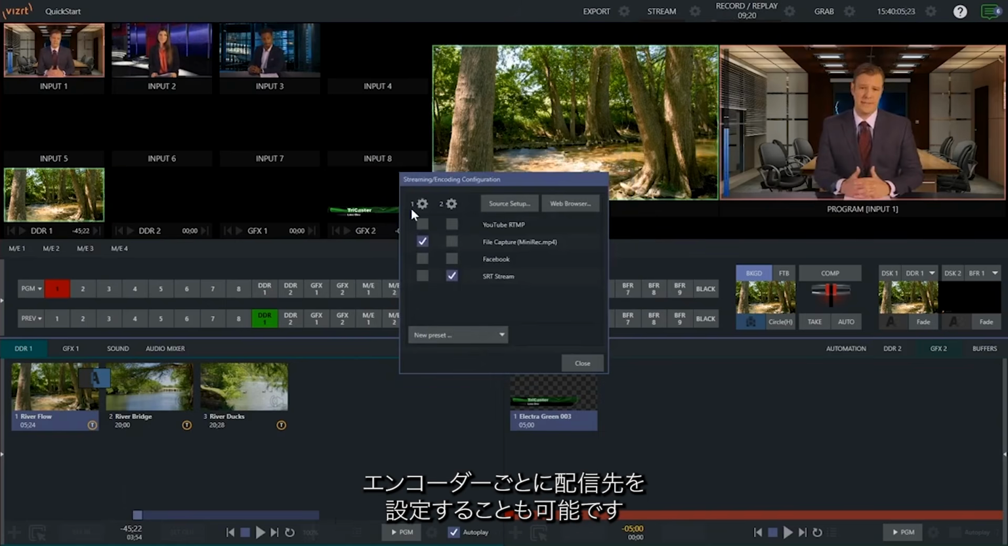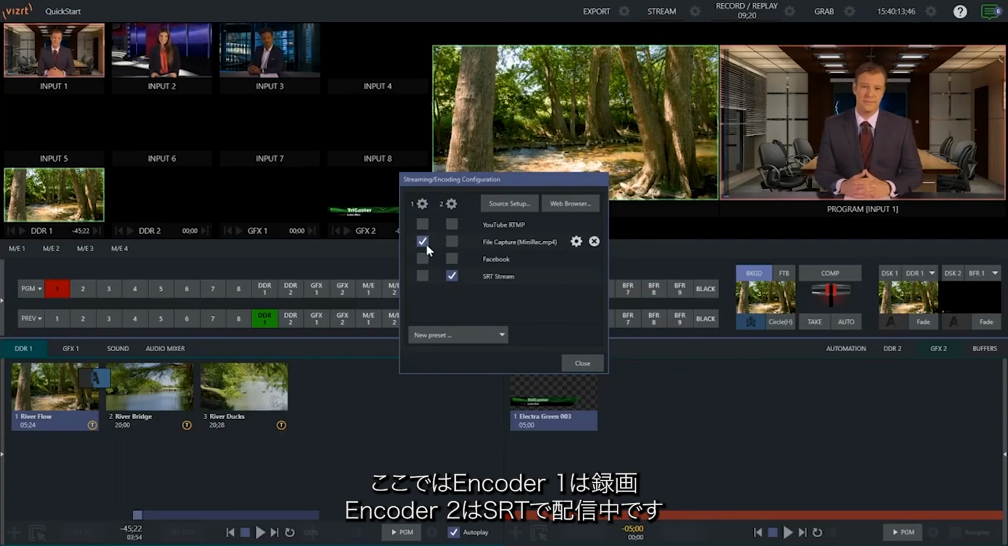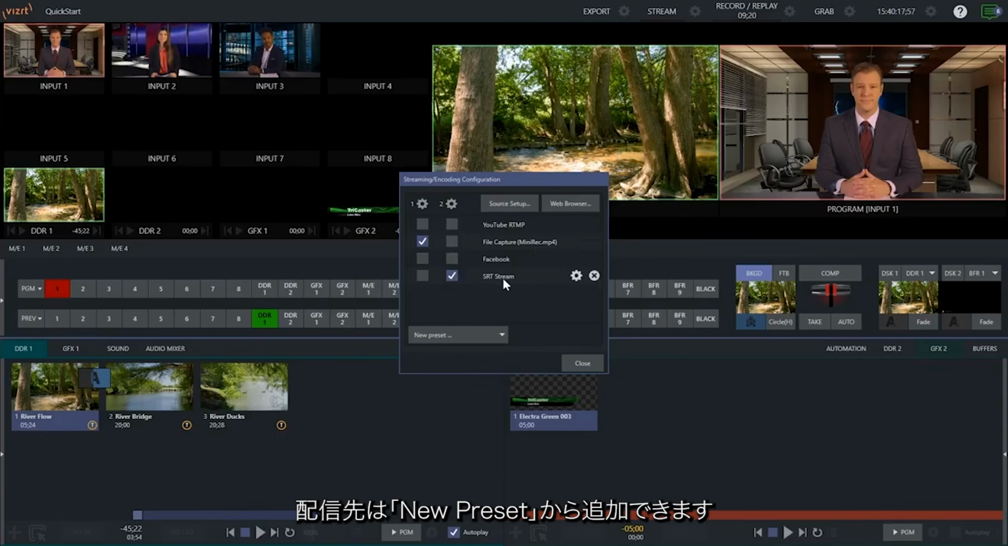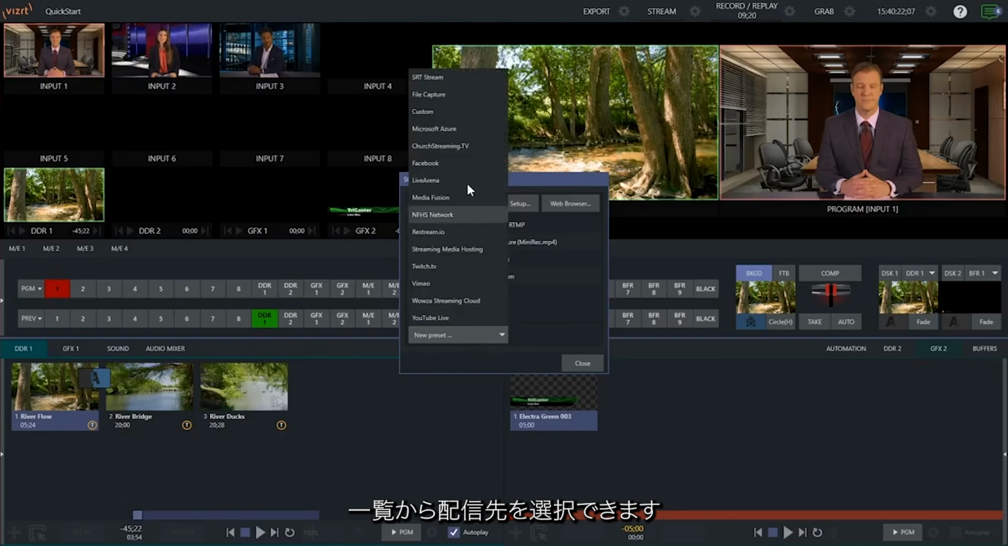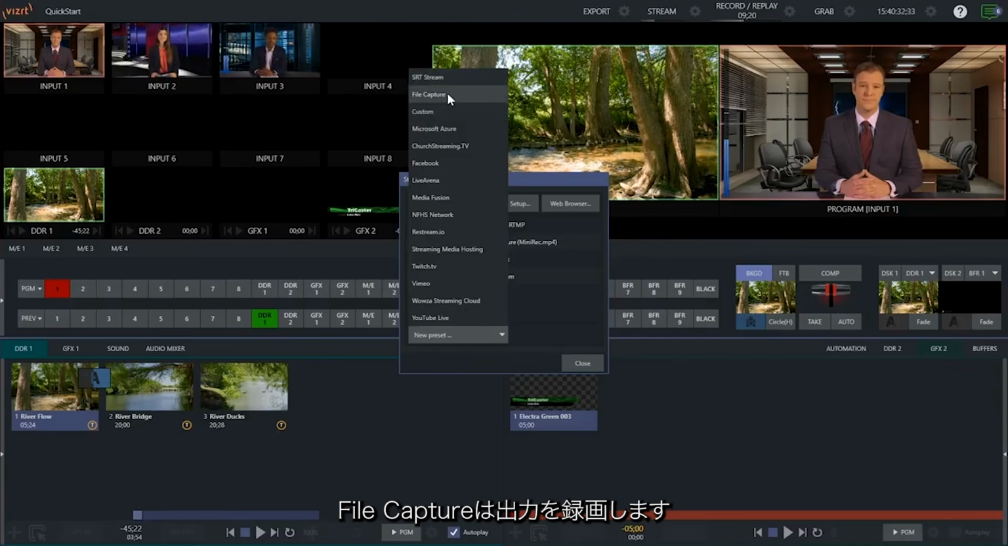Now with the 2 encoders, we can then choose the destinations below, and each encoder can go to multiple destinations simultaneously. So you can see encoder 1 is currently being captured. Encoder 2 is going to an SRT stream. If I need to add additional destinations, that can be done with new preset. And in this list, these are all the destinations you can configure. Custom is an RTMP stream. SRT stream would be if you want an SRT output, and file capture is if you want to record that